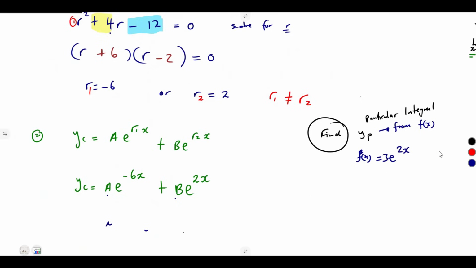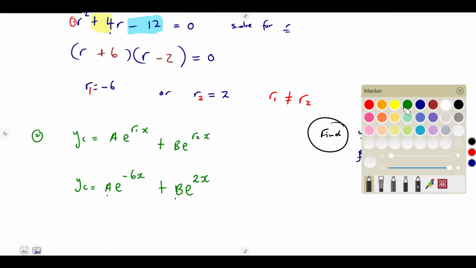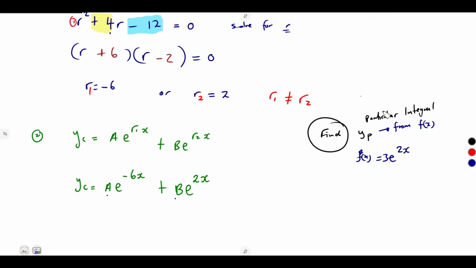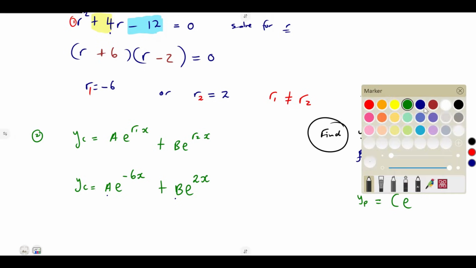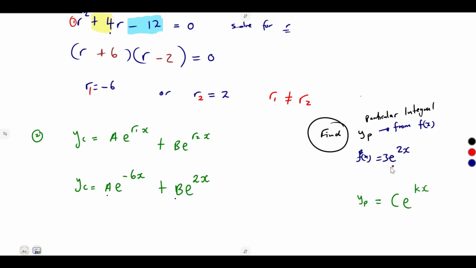If you have an exponential like this, you must be very careful, because the solutions are not direct as we expect. All right. One, you must consider to say your particular integral, when it is an exponential, it was supposed to give you something like c e to the exponent of kx. All right, since we've got a and b. So it was supposed to give us something like this. But we must check now the part of our f of x here, which is the part that we are going to look into for our particular integral,